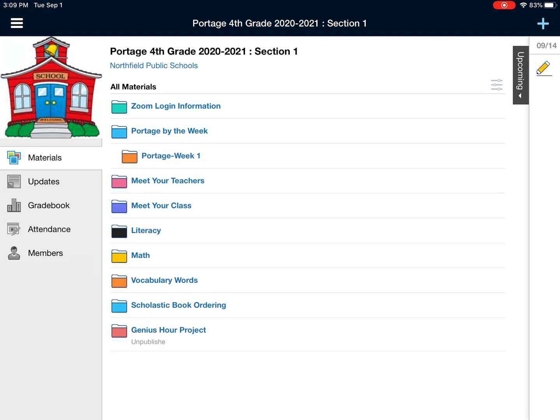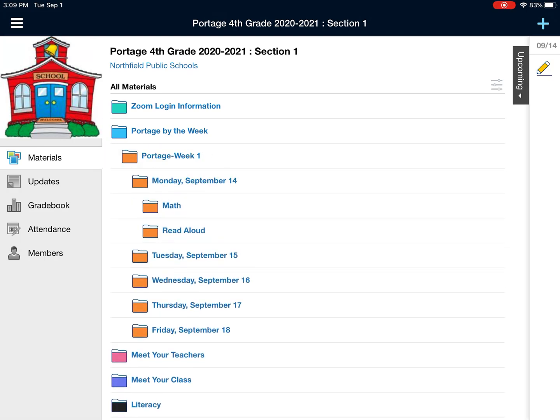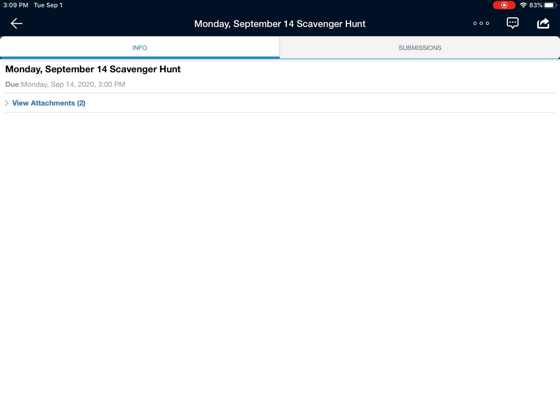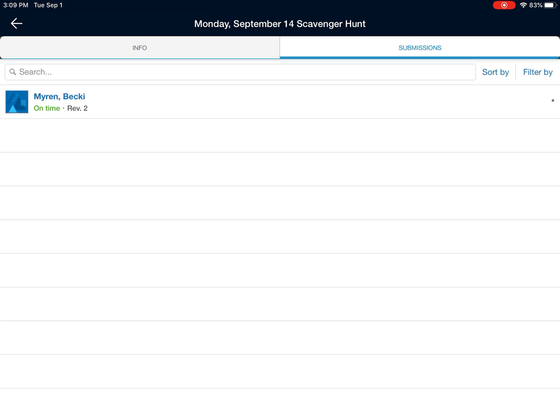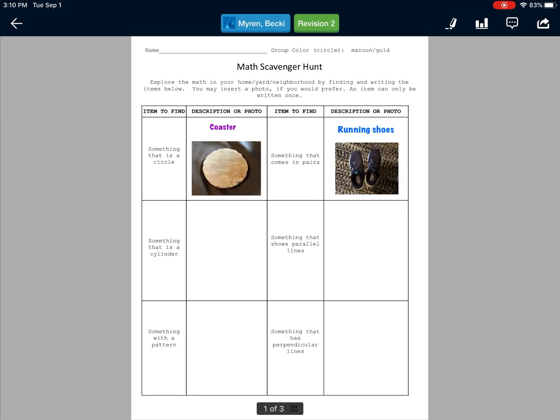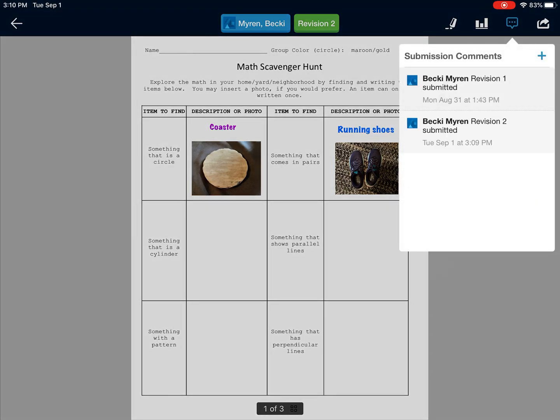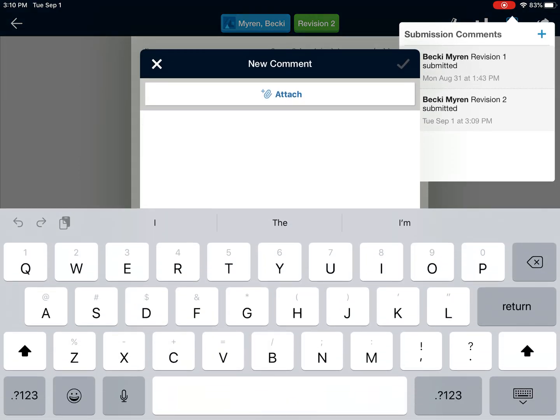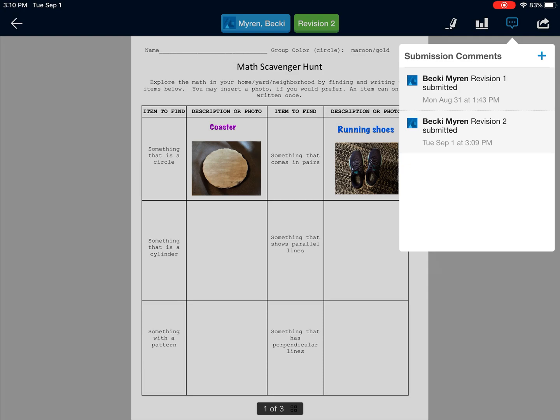Okay, so when I am checking assignments, I go to the particular assignment and I can see submissions over on the right-hand side. And it'll show me the student who turned it in and whether it was turned in on time. You will be given a date and a time that things are due. Okay, and so that will allow me, that's what I see. So I see the work that you've done. Then I can comment on it. I can add different things to it and submit it back to you so you can see, or submit the comments to you. So that is how you complete an assignment using Notability and